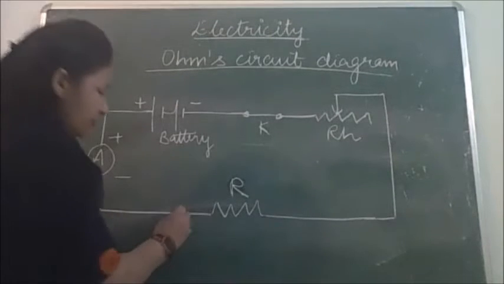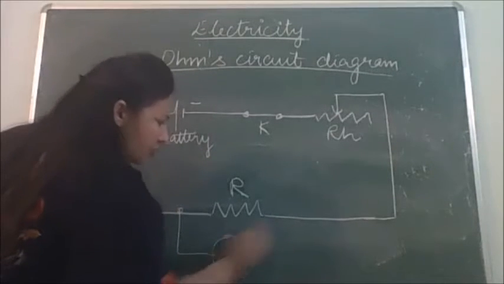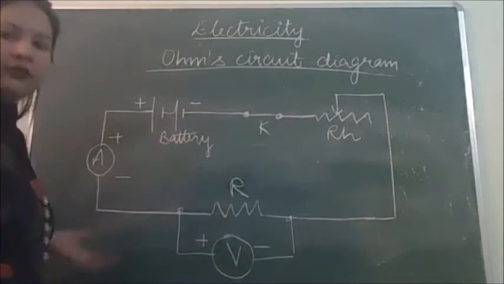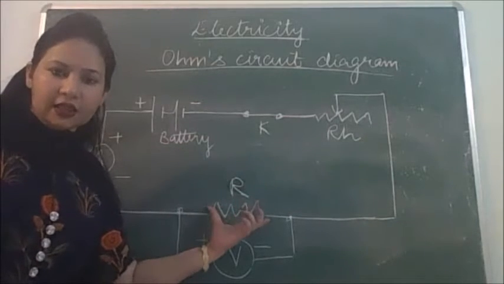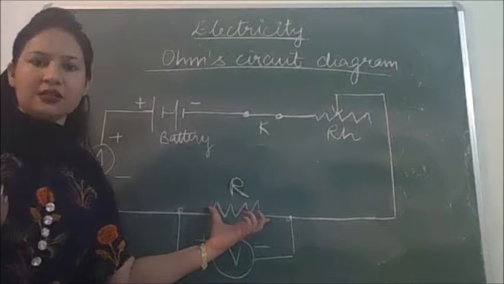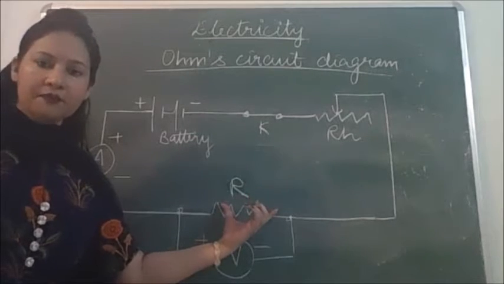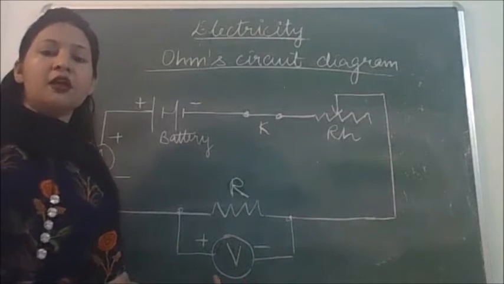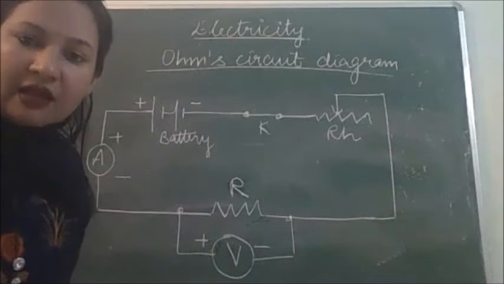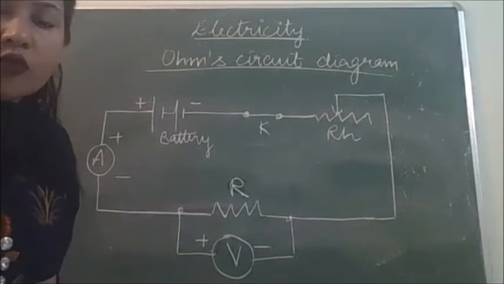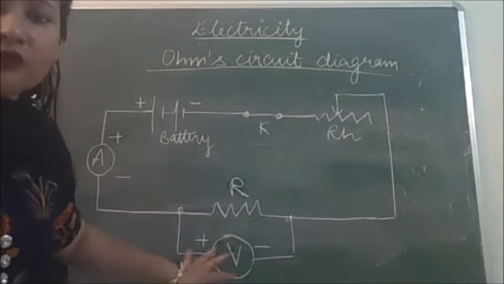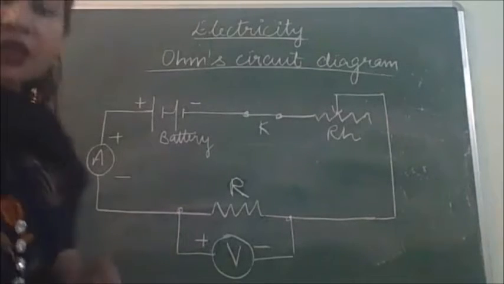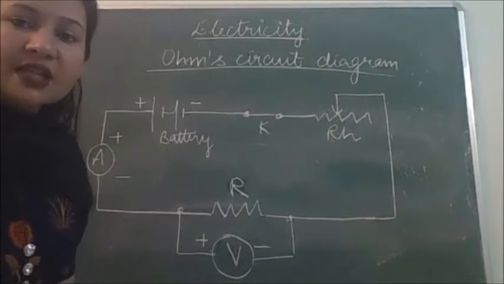And then where will we connect the voltmeter? Here. We will connect the voltmeter in parallel to this resistor. This is our wire, this is our conductor that we have connected. It will have a certain resistance also that we have denoted by this symbol. To find the potential difference between the ends of the conductor, we have connected a voltmeter, and it is always connected in parallel like I have connected here. So the voltmeter is a high resistance device that is always connected in parallel in a circuit. On the other hand, in this circuit, we have connected the ammeter in series. So the ammeter is always connected in series.